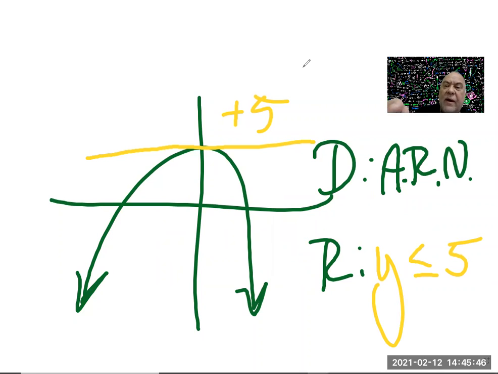If they give you an equation and ask what the domain is, generally I can put anything in for x, so the domain's still all real numbers. The range, you kind of have to figure out where the vertex is and determine whether it's a maximum or minimum and go from there. Okay, now,